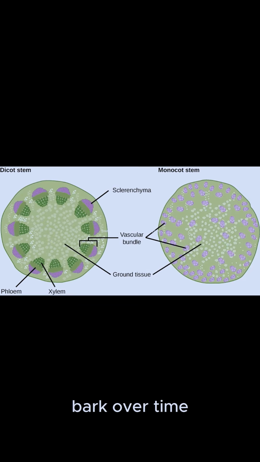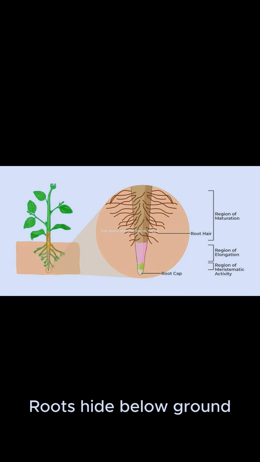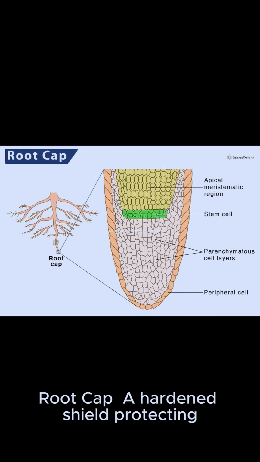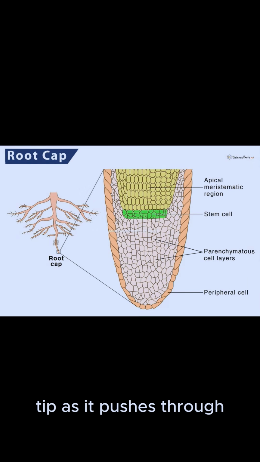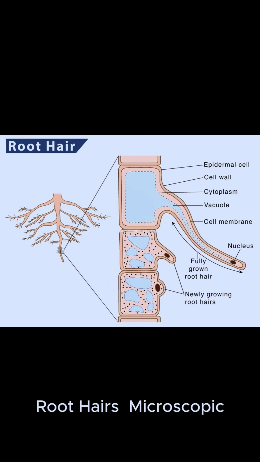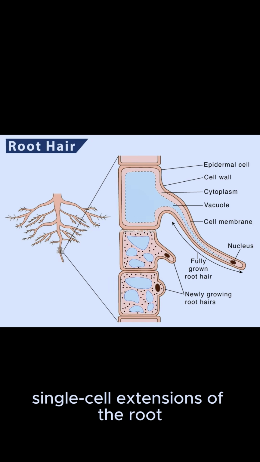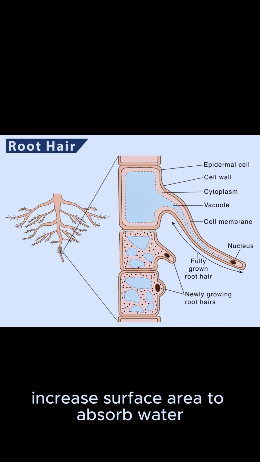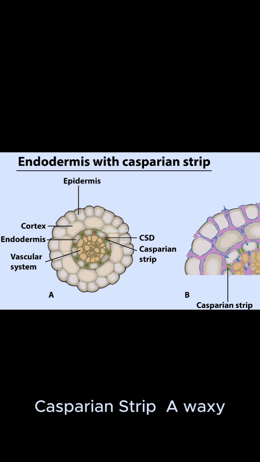Roots, the anchor and absorber. Roots hide below ground to lock the plant into the soil and drink up moisture. Root cap, a hardened shield protecting the delicate growing tip as it pushes through abrasive dirt. Root hairs, microscopic, single-cell extensions of the root epidermis that massively increase surface area to absorb water. Casparian strip, a waxy waterproof